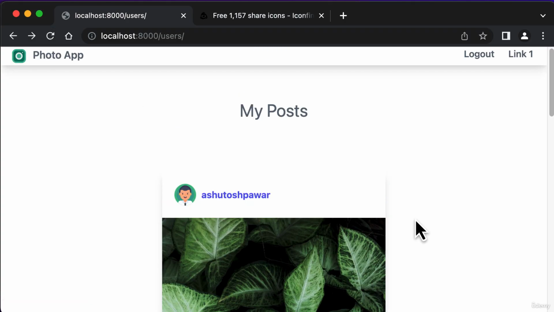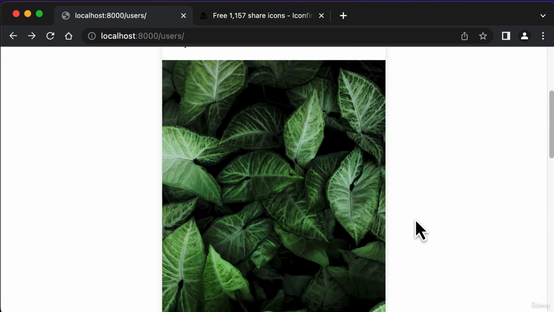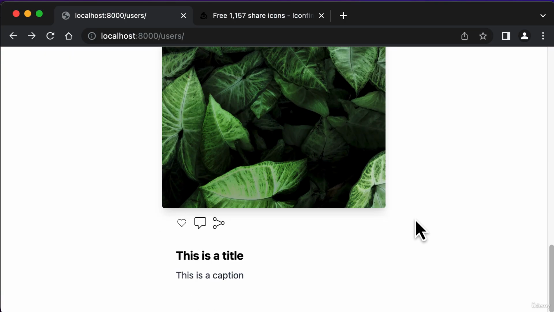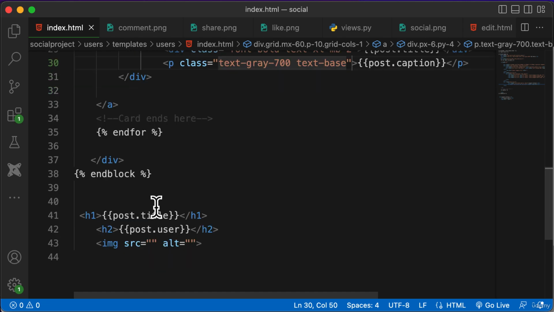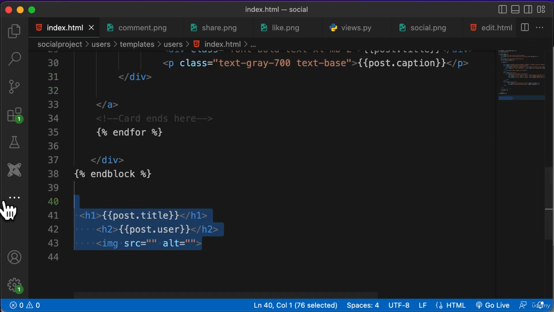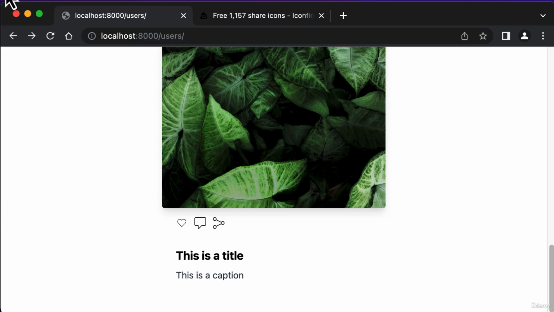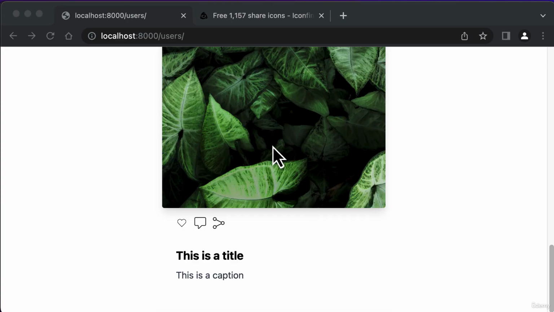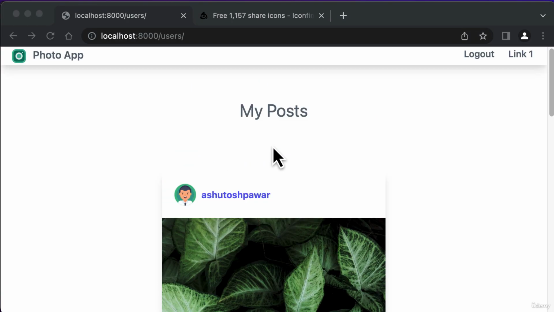So now we are actually done creating this particular page, and this page is going to render any new post which we are going to add here. And therefore let's get rid of the post user and post title from here, and we are pretty much good to go. So once we have styled up this index.html page or the home page for the user,